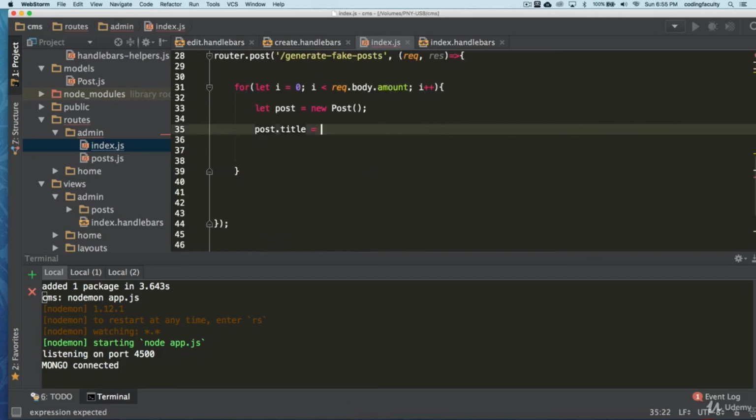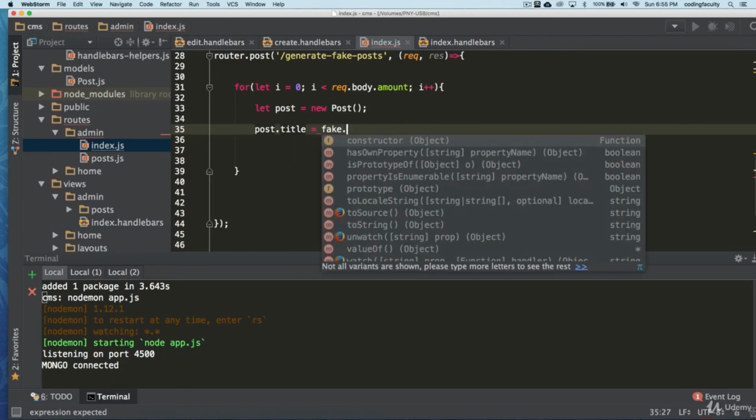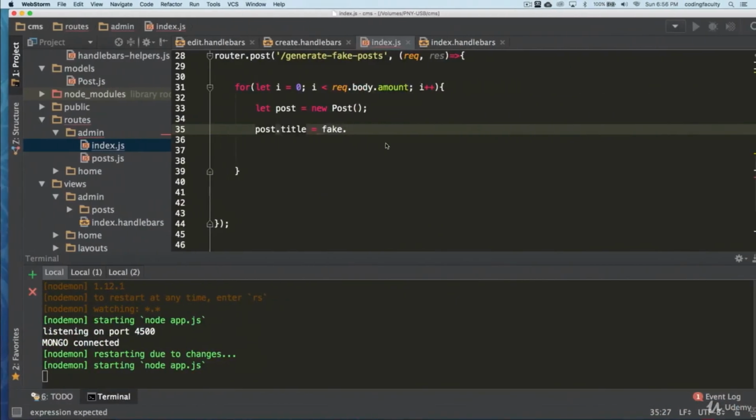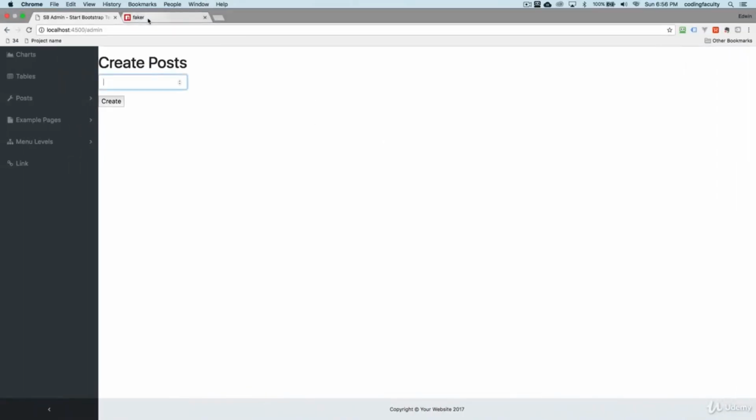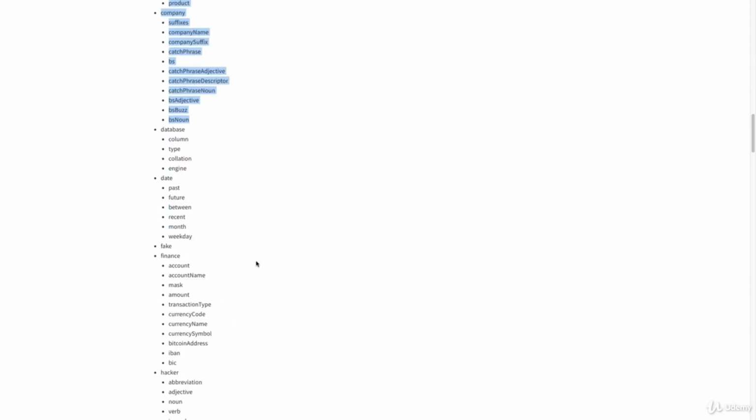The way we're going to do this is by doing Faker dot, and we are going to choose one of these data properties and methods that we have here to create that random data for Faker. And we're going to finish it off on the next lecture.